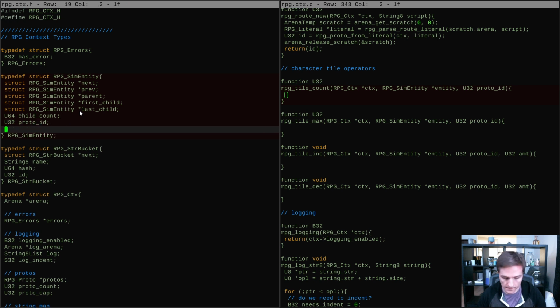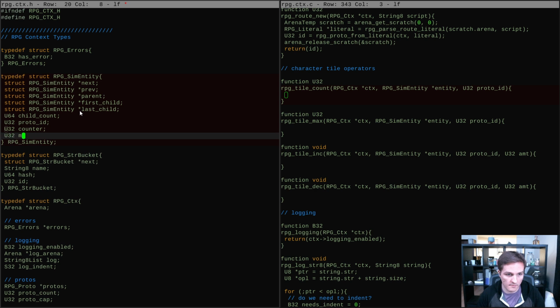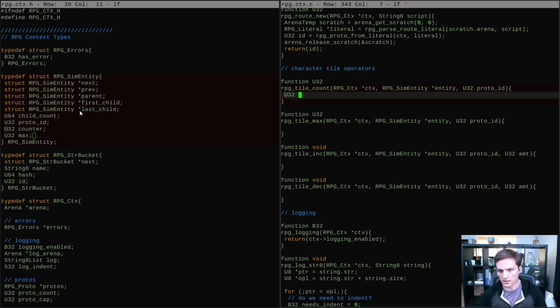We can be like this, proto ID, and then counter, and then max. So then the idea would be that the result